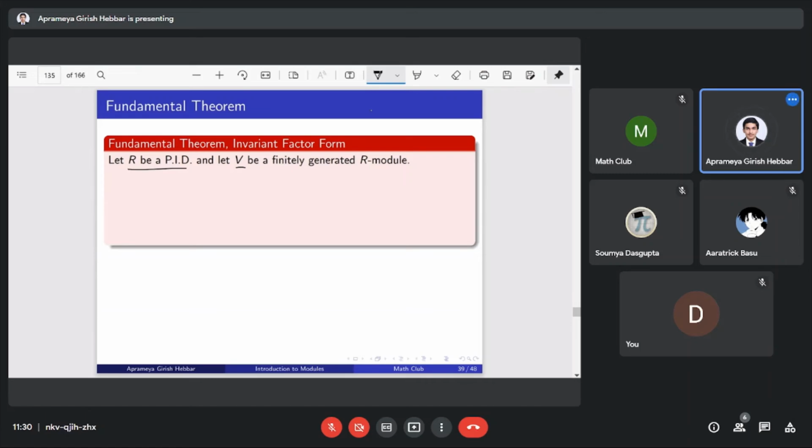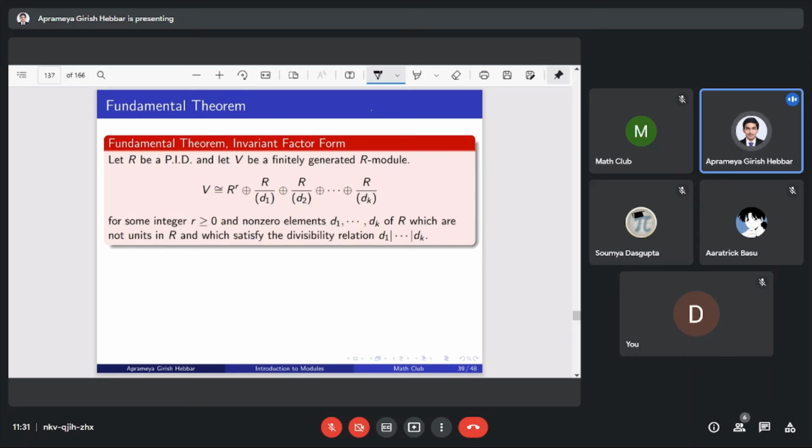This theorem says that V would be isomorphic to R to the power r, and this is the external direct sum, R over d1, R over d2, up to R over dk. So this says that any finitely generated module is an external direct sum of one free module and some cyclic modules. Further, it says that r is greater than or equal to 0, and these are non-zero elements, and d1 up to dk are elements of R such that they have the divisibility relation d1 divides d2 divides up to dk,